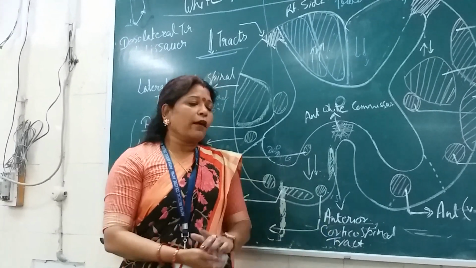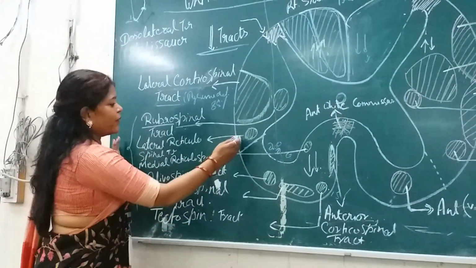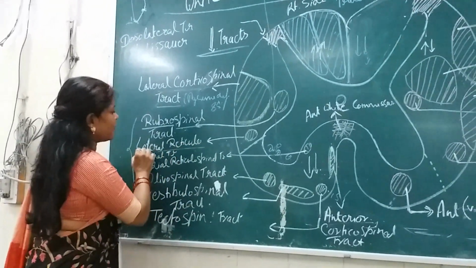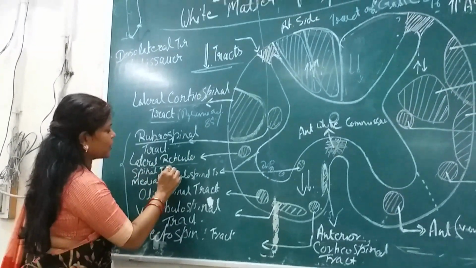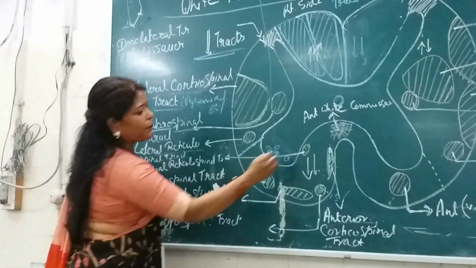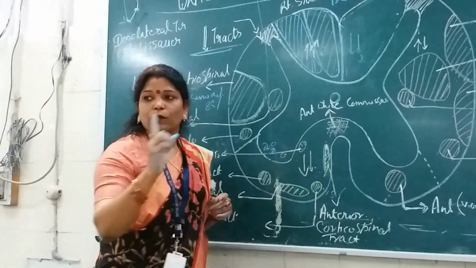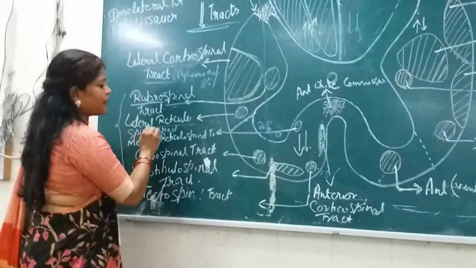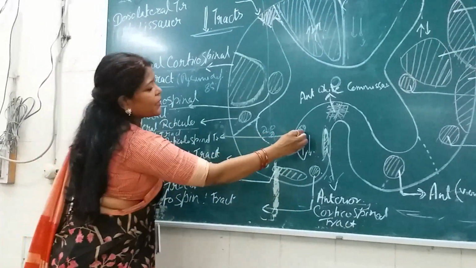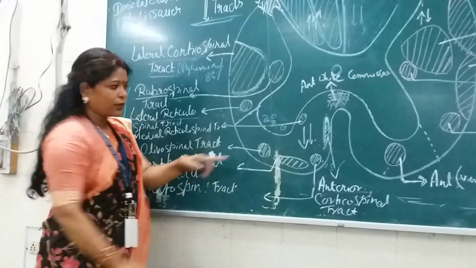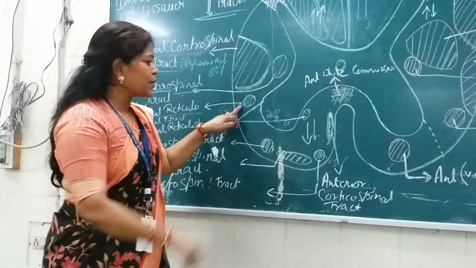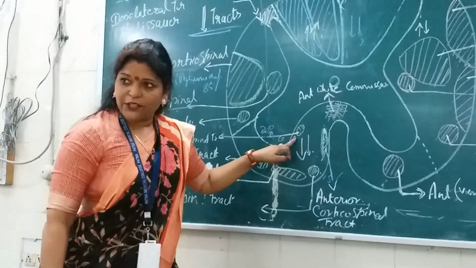It is like that. So now look at the other tract in the lateral compartment. It is the lateral reticulospinal tract. That means there will be a medial reticulospinal tract also, isn't it? If there is a lateral reticulospinal tract, then you have to find the medial, and it is medial and lateral to this ventral brain wall. Lateral is present in the lateral funiculus, and medial is present in the anterior funiculus.